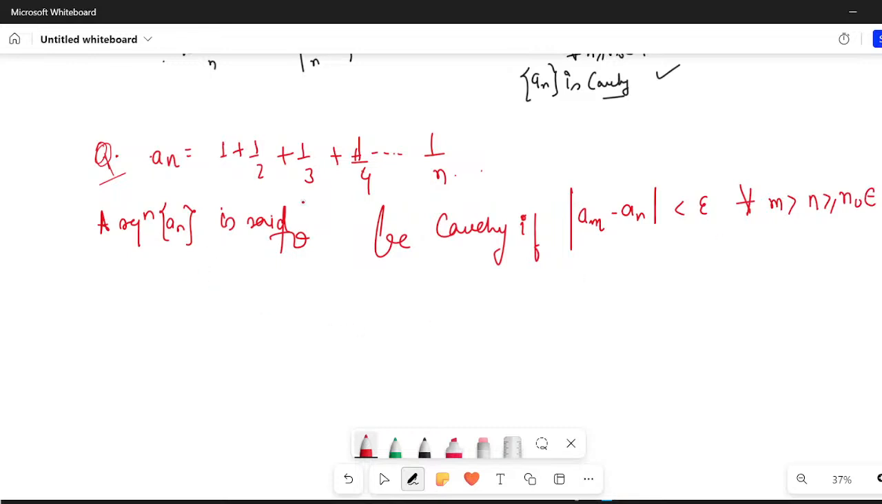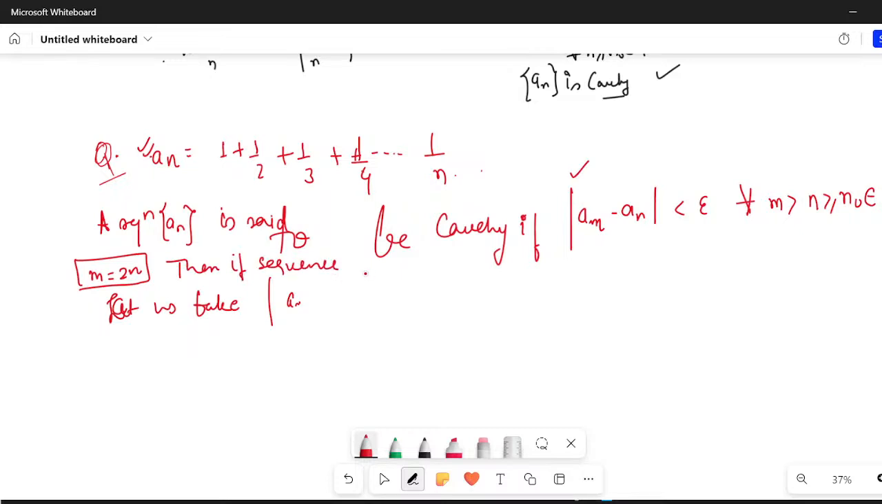Now this particular sequence is 1 plus 1 by 2 plus 1 by 3 plus 1 by 4 and so on up to 1 by n. If I have to prove that this is Cauchy, then I have to do this. Let us take m to be equal to 2n. Then if the sequence is Cauchy,